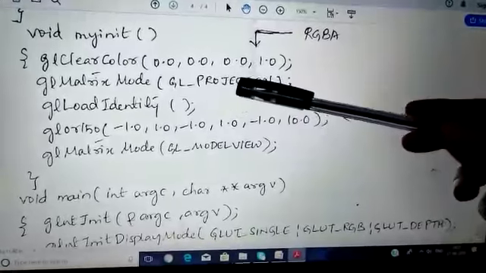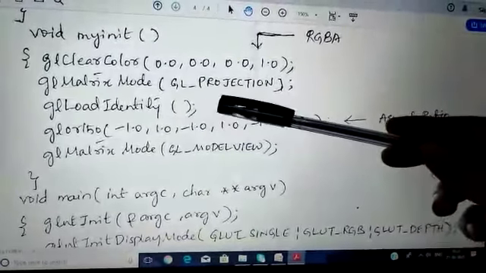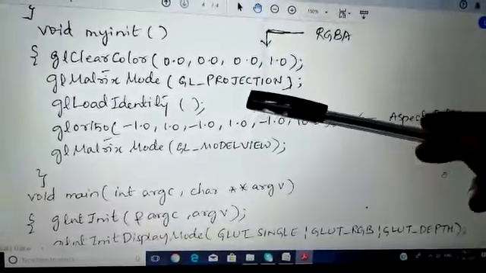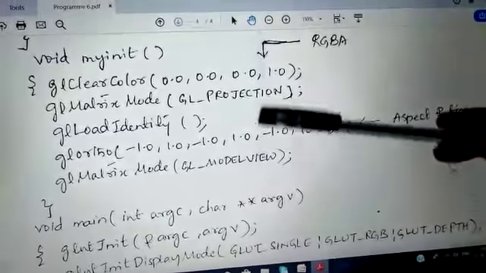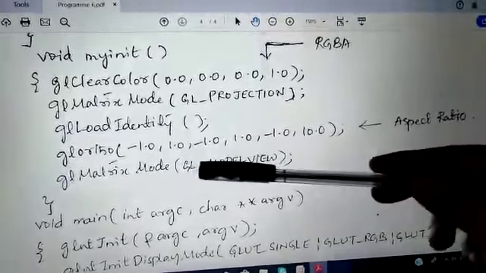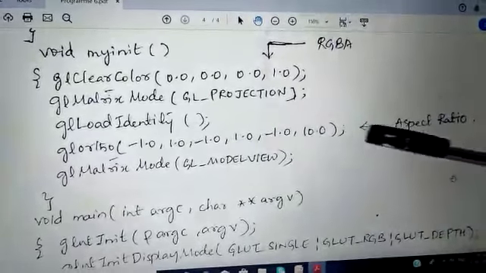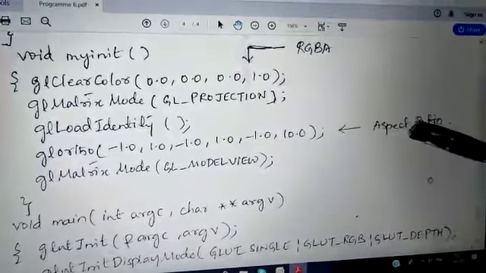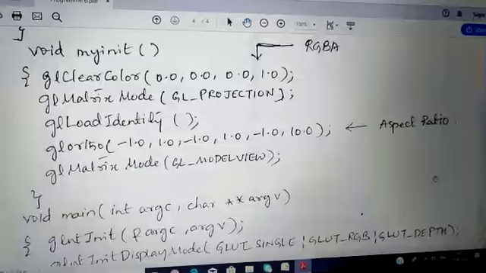Once we have the projection matrix, then we load the identity matrix so that we can multiply them together and get GL_MODELVIEW, the model of that particular object, whatever we are rendering, that we are supposed to get in GL_MODELVIEW. So for this orthogonal projection, we have given the aspect ratios with respect to x, y and z coordinates.